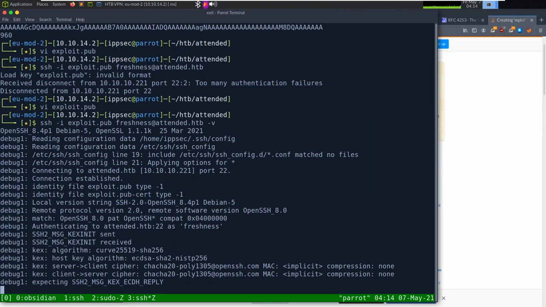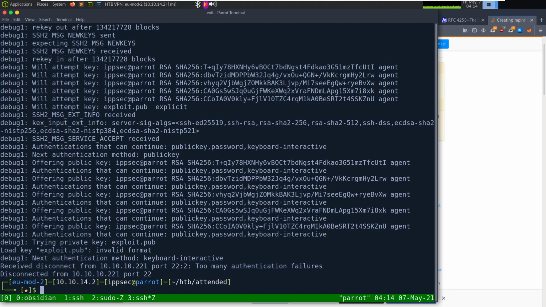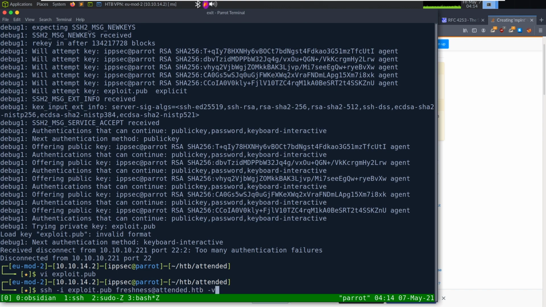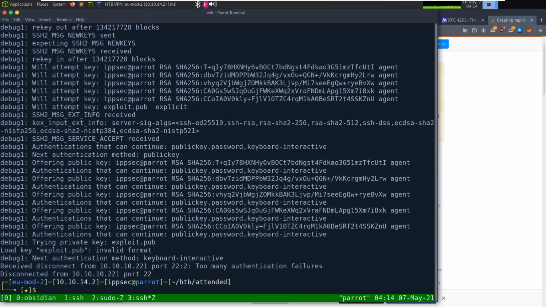Wonder if -v gives us anything. Let's see. It's trying a few. Let's call this exploit at parent. Do we have exploit? Invalid format. So you can see when I try to SSH, it is sending a bunch of public keys that I have